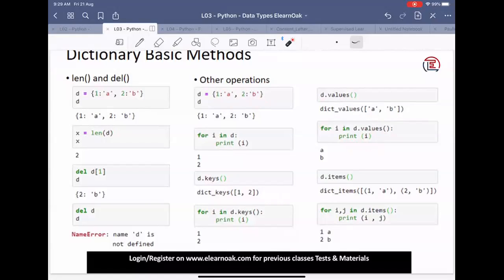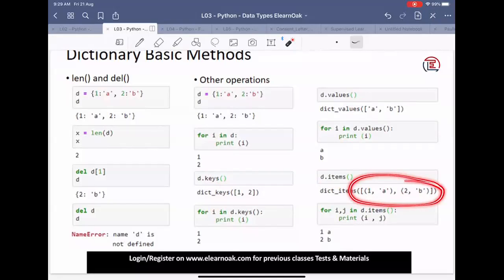Additionally, sometimes we are interested in accessing both. I want the key also and the value also. In those cases, we can use something like D.items. D.items gives us this as our output. So what is this? This is basically a list of tuples, where the first item is the key and the second item is the value.